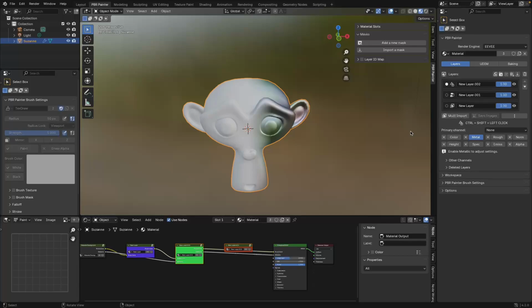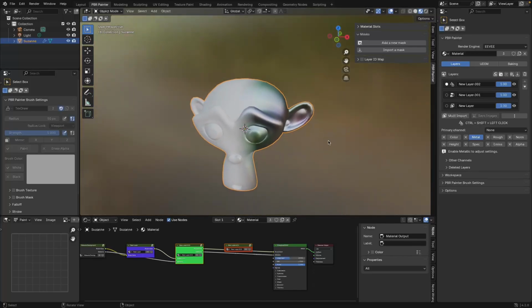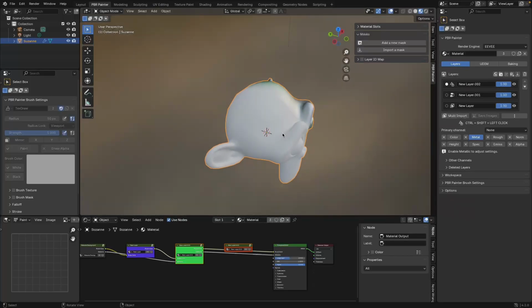Basically, what a multi-paint layer does is it lets you project onto your material multiple layers at a time. So for example, you could have a brick PBR material and you have the base color, the metallic, the roughness, whatever other channels are in that PBR material. And this multi-paint layer lets you freely paint that and project it onto your model wherever you want, however you want. So this is something that's brand new in PBR Painter 3, and it's going to let you do all sorts of cool things like paint on complex decals with multiple channels simultaneously,